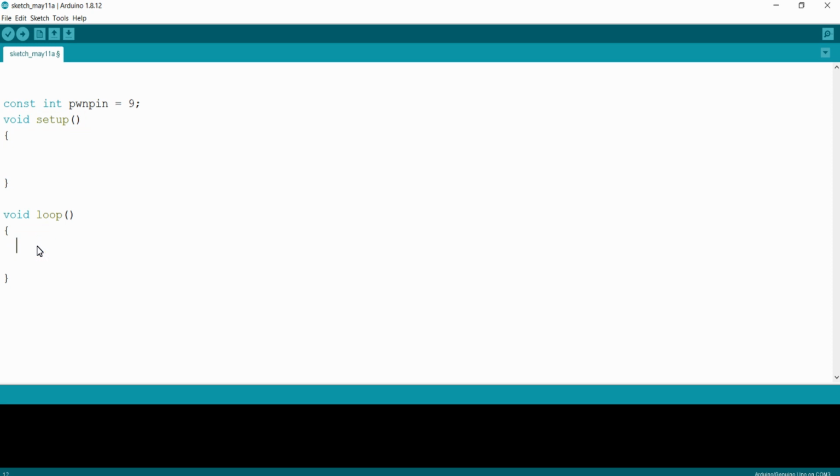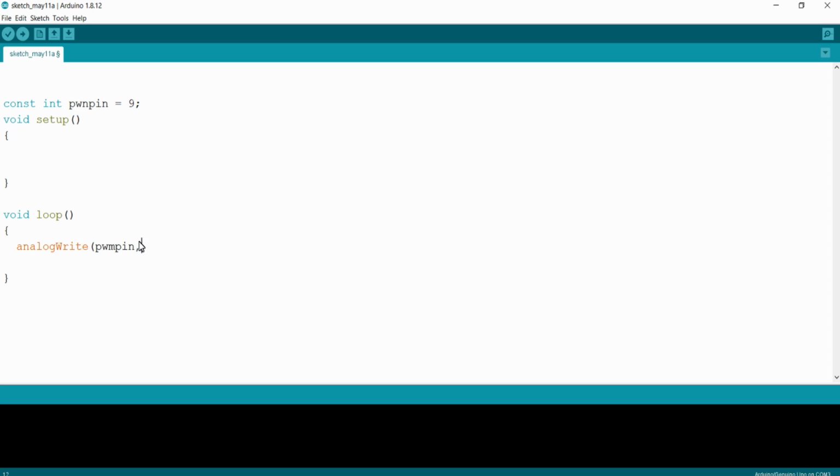Coming inside the void loop, we are going to use the analogWrite function for varying the duty cycle of the PWM waves generated. This function receives two parameters. One is the pin number, that is PWM pin in our case.